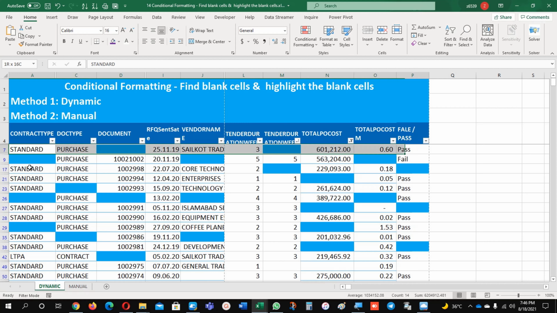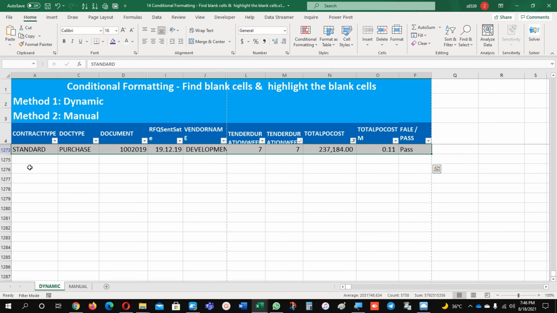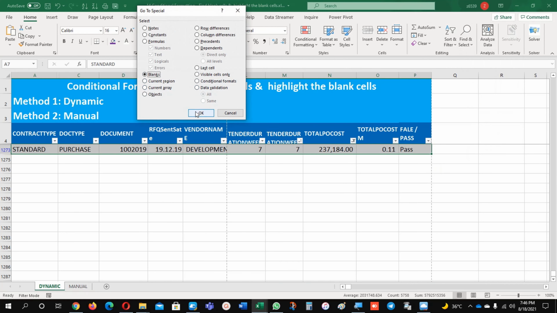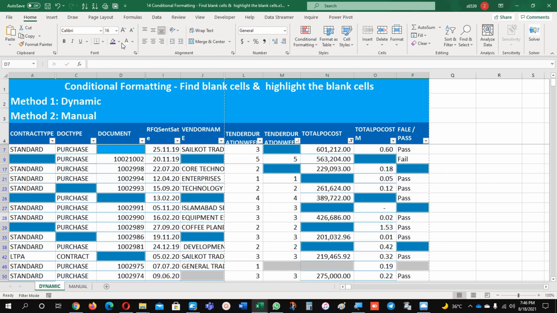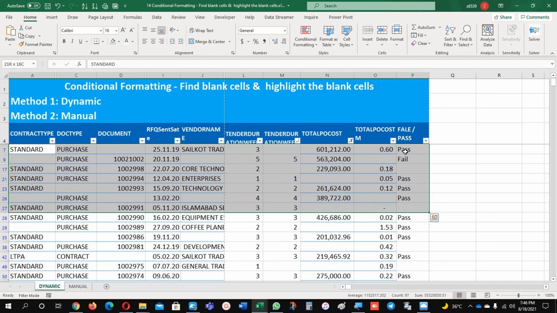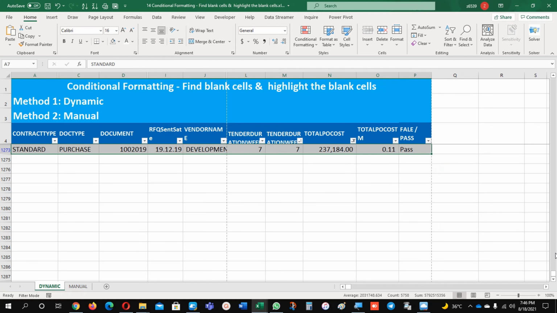Just select the data first, which will be this one. Go to find, go to special, blanks, this option, and no fill. There is no filling now. We will see that one further. So just highlight your data wherever. I am going to press Control Shift down arrow. I am going to select my data.